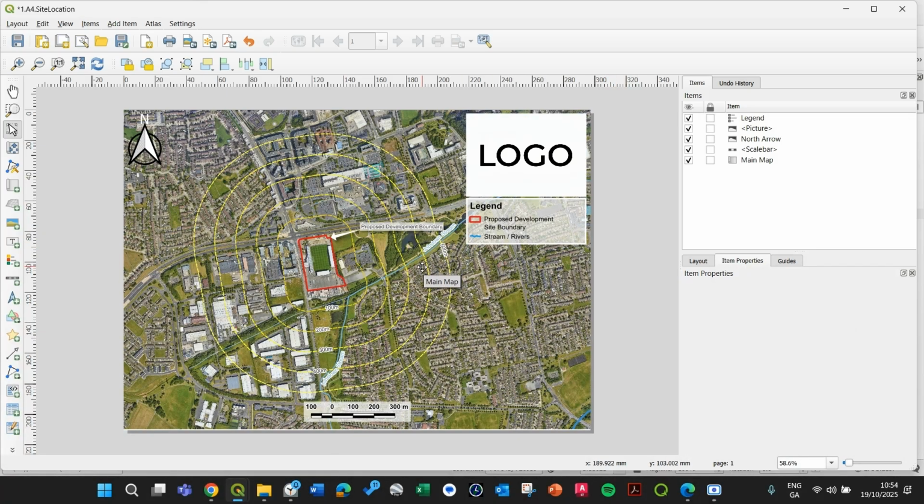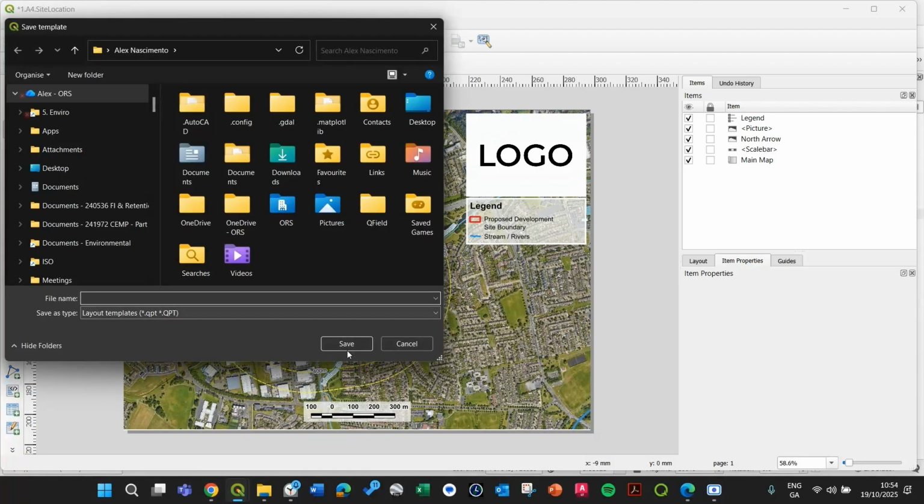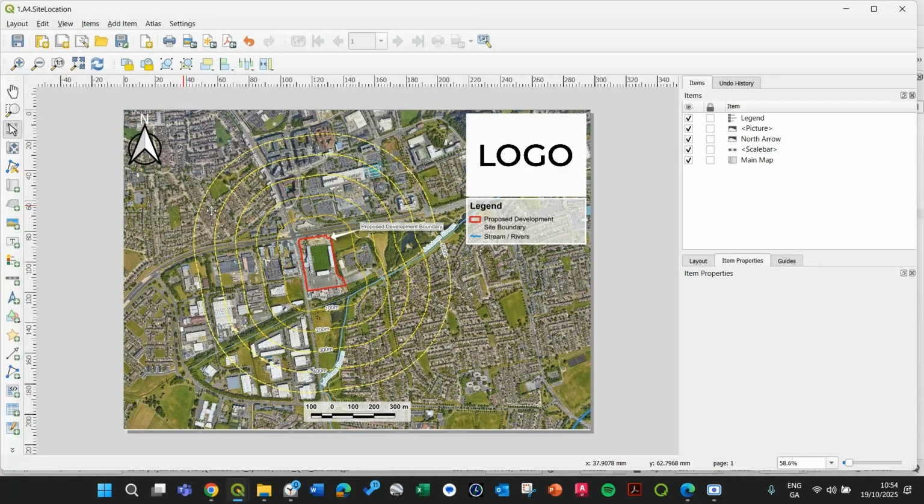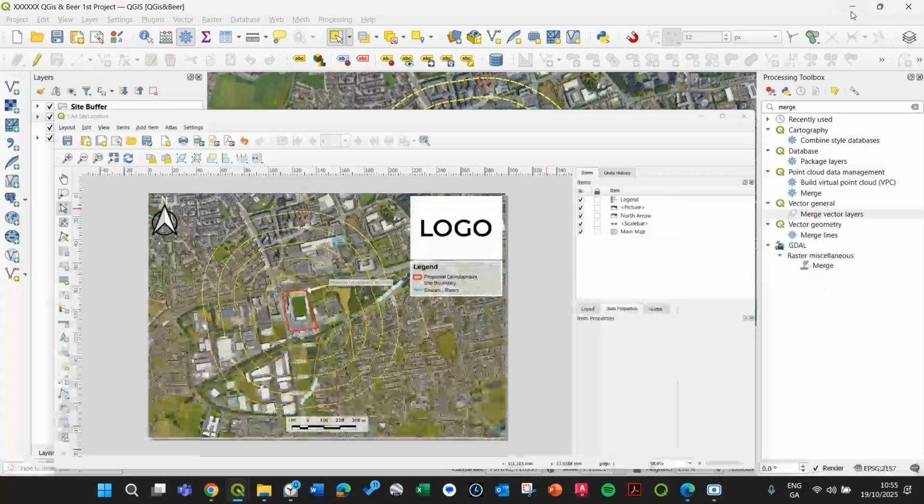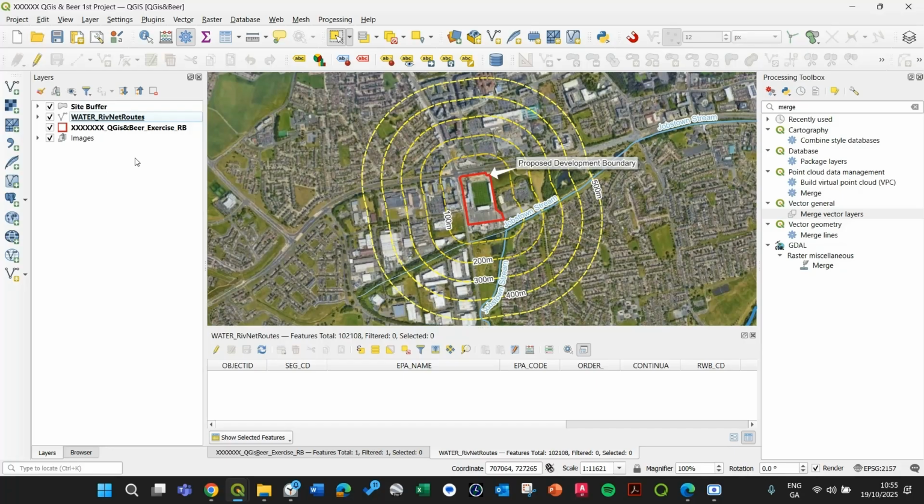What more? Now let's add one localization map to indicate where your site is in relation to the country. So let's save the layout here. Okay, and after we finish this, we can even create a template of this for our next projects and use the same, not needing to add anything else. Just minimize, and yeah, the trick here is to